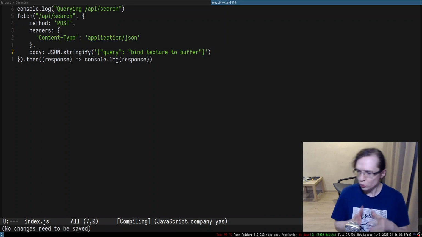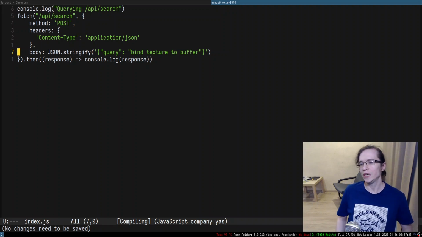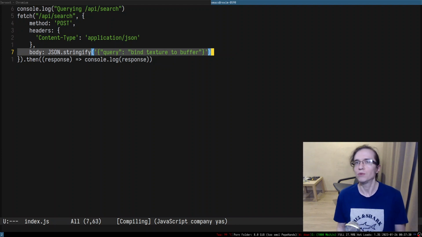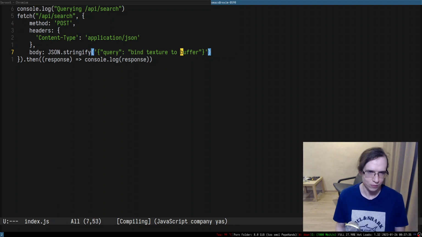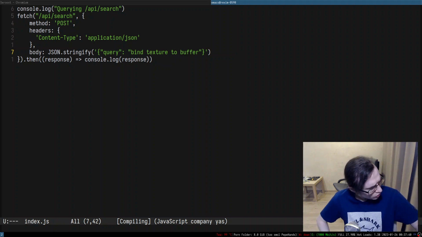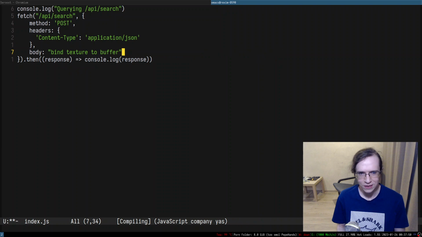Because we're searching within the OpenGL documentation, so I'm going to use OpenGL-ish words, and we'll try to comprehend them. We'll try to understand what is going on. But I wonder if it's going to be just text, right? If it's going to be a prompt. Do I really need to use JSON? Because I don't really want to parse JSON right now. So can I do bind texture to buffer, and I'm going to say